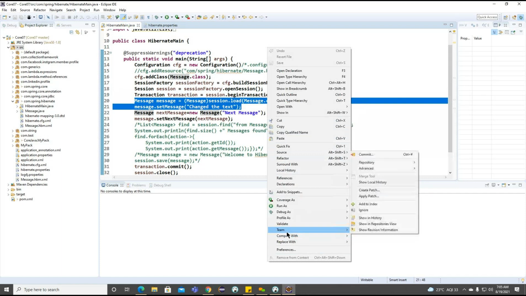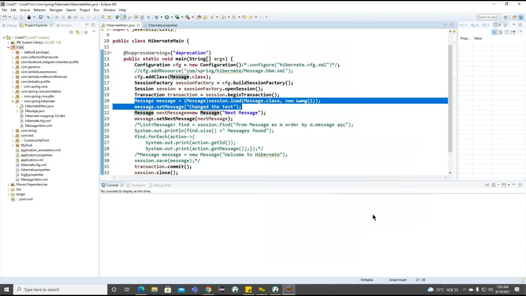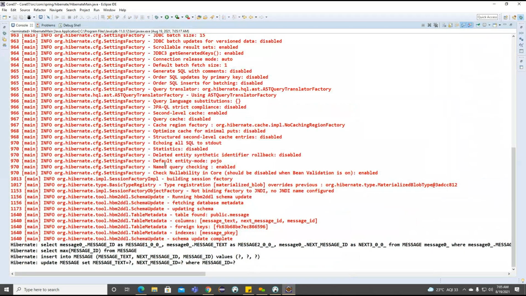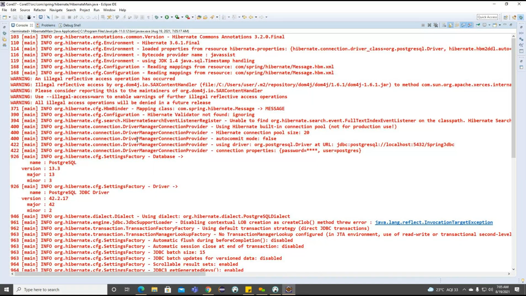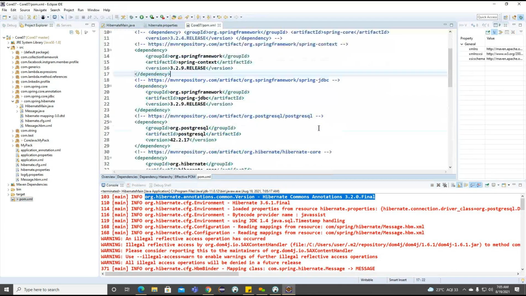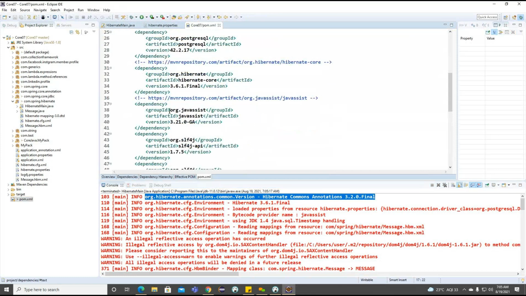Now you can see how this log4j is working. These are the log messages we are getting. Now you can observe the information here. Which version are we trying to connect? 3.2.0. First we'll see whether we are connecting the same version. Where can we identify that? In Hibernate, we have 3.6.1 here.